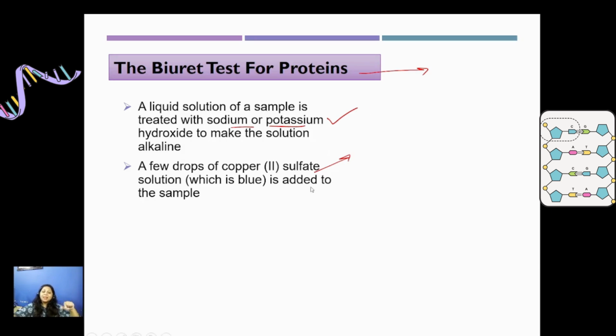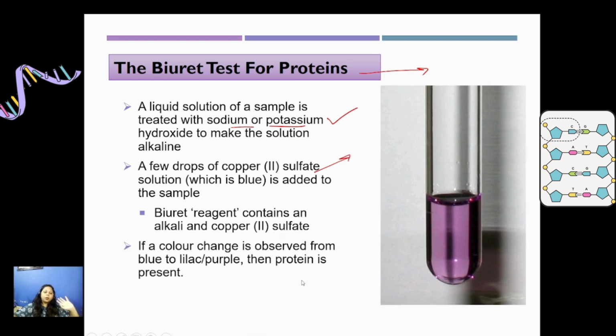So when you add this to your protein sample, you can say, take a sample from egg or whatever food sample is present, the color will turn definitely different. It would be lilac, violet, whatever, or purple color is formed. This indicates that protein is present. If the color doesn't change, it remains blue, it means protein is not present.